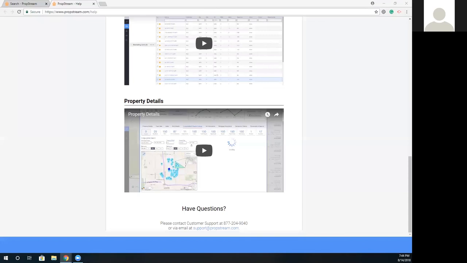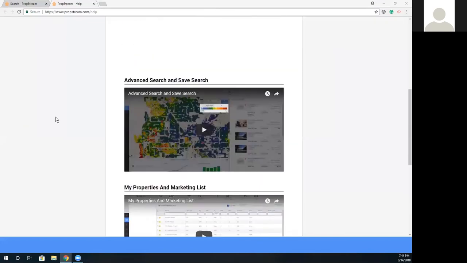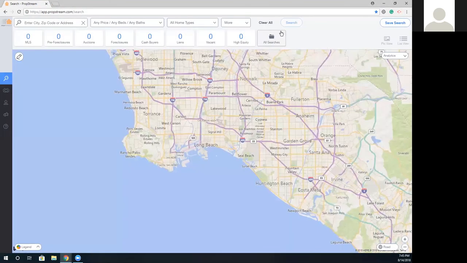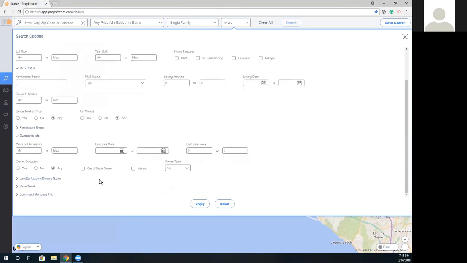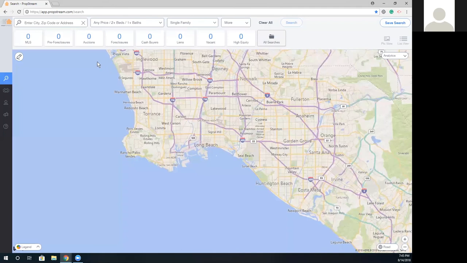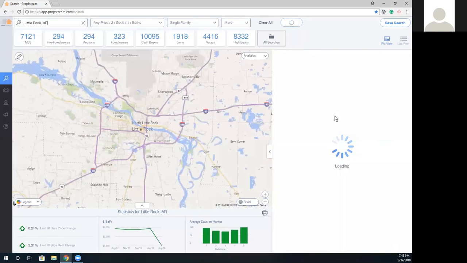Personally, I like out-of-state property owners, and if you can pull a list like that with some delinquent property taxes, absolutely, that's a motivated seller right there. Then you just import the list, pull the email address, the landline, and their cell phone if it's available, and market to them. It's pretty simple. With technology today, it's easier to market to motivated sellers than it's ever been.